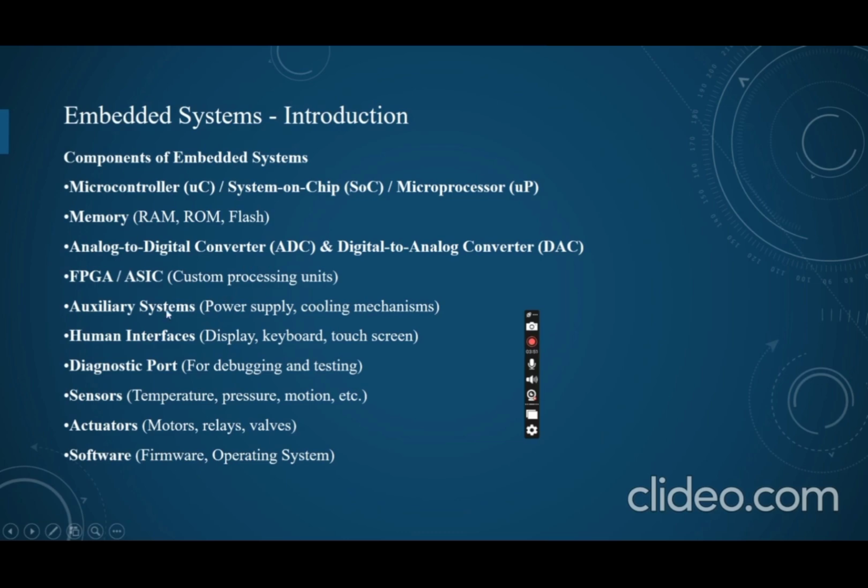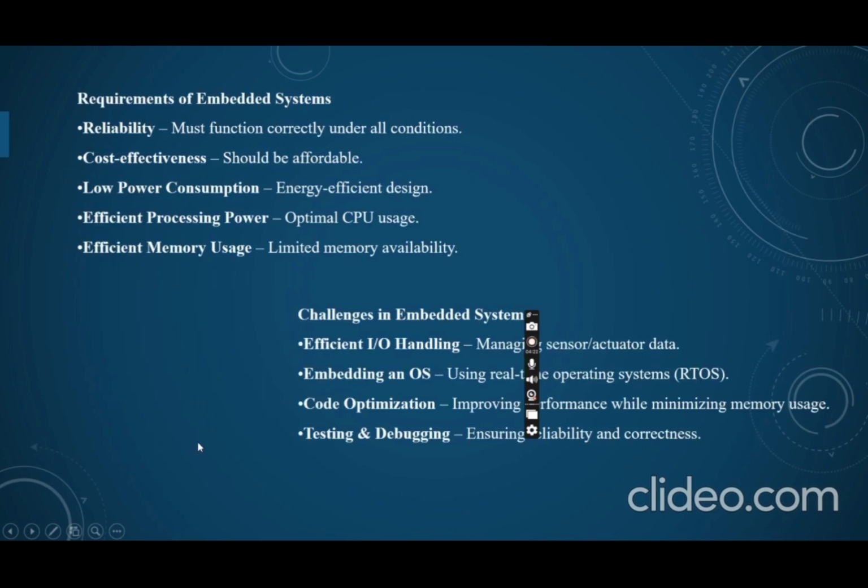We have gone through microcontroller, system on chip, RAM (random access memory), read only memory, flash memory, and the analog peripherals ADC and DAC, and power supply, auxiliary systems like cooling mechanism, human interfaces, display, keyboard, touch screen, and what all sensors, software, actuators. I have also listed the requirements and challenges in embedded system. These are the points I have noted on concluding this embedded system